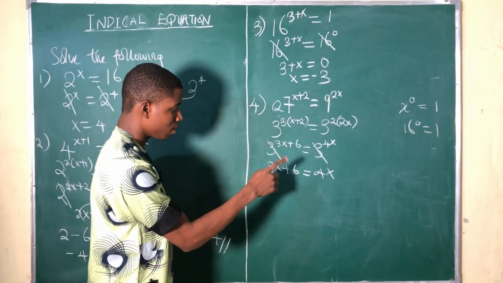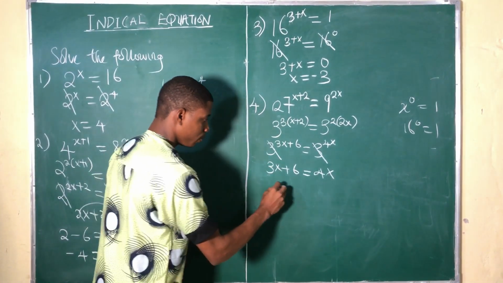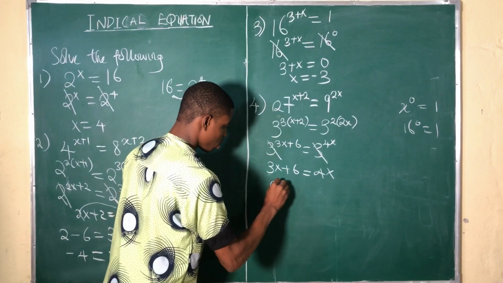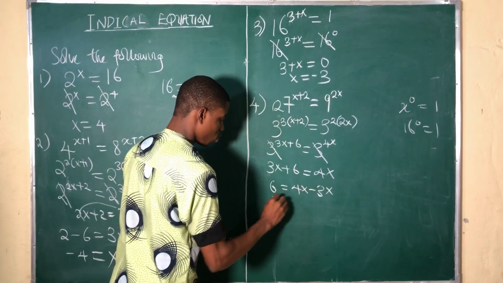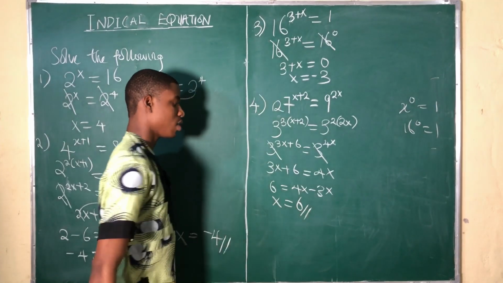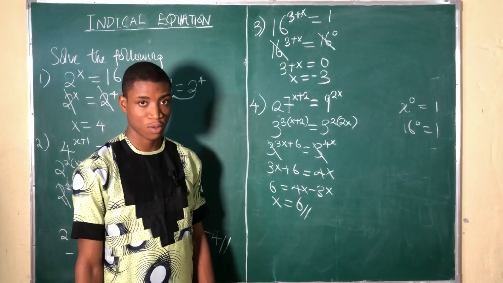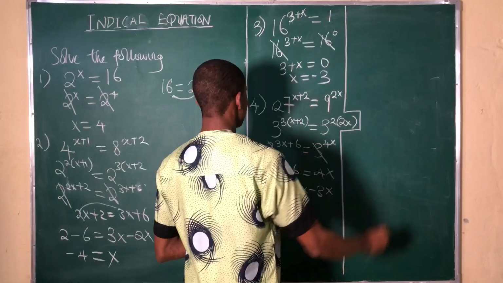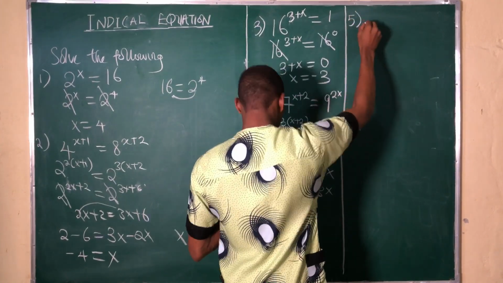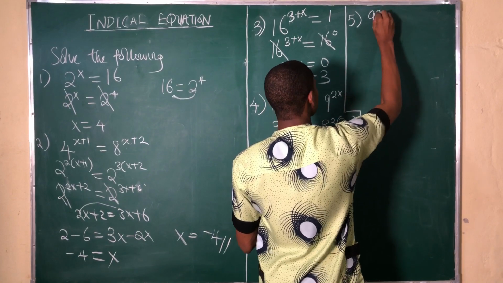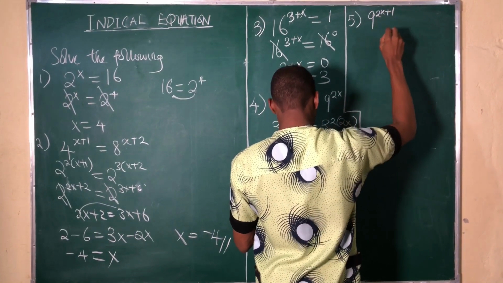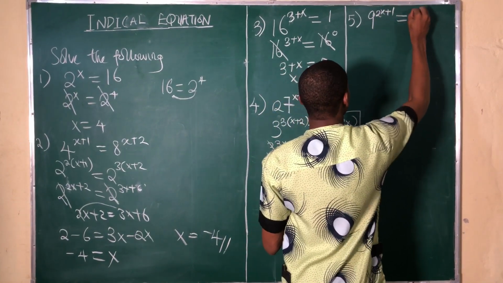And now we can eventually write this as, when we bring this, we have 6 is equal to 4x negative 3x. So therefore, x is equal to 6. This is the concept of Indicial equation. Now let's take 5. We have 9 raised to the power 2x plus 1 is equal to